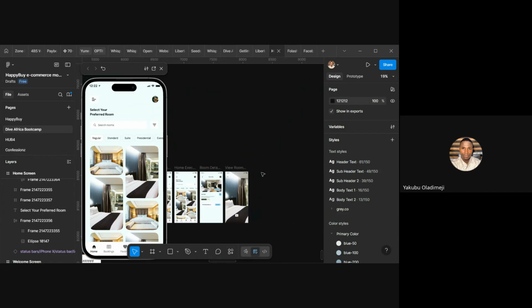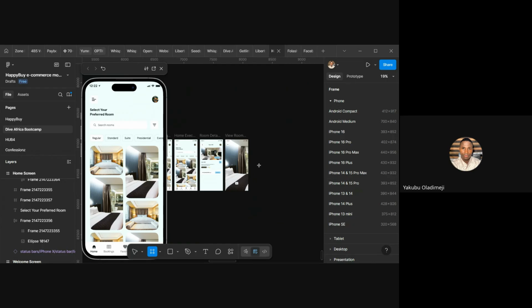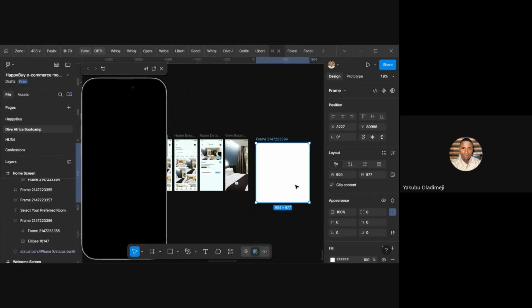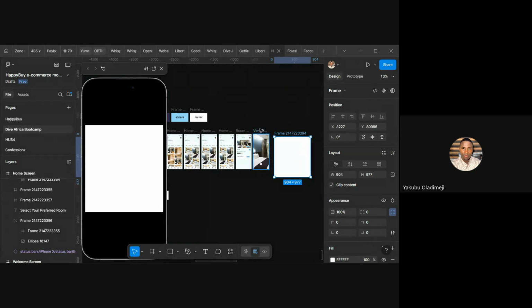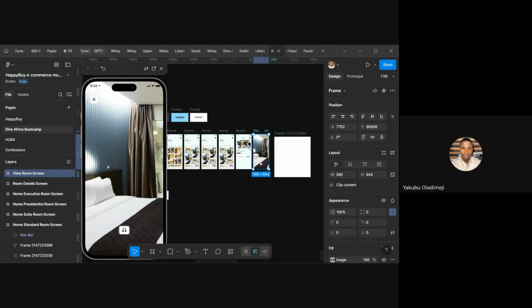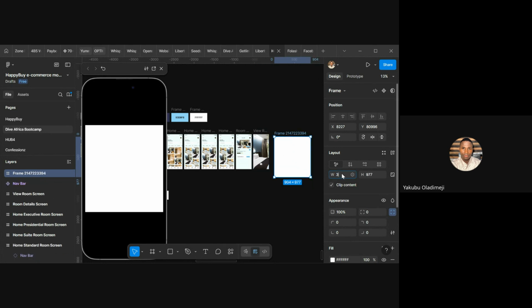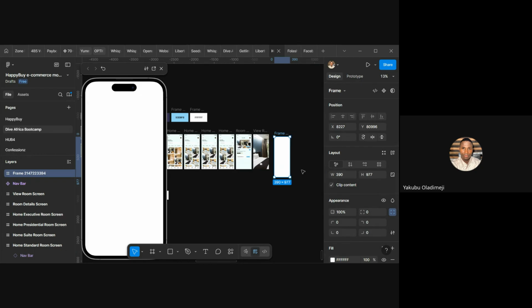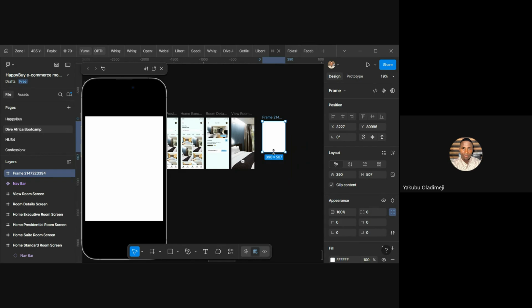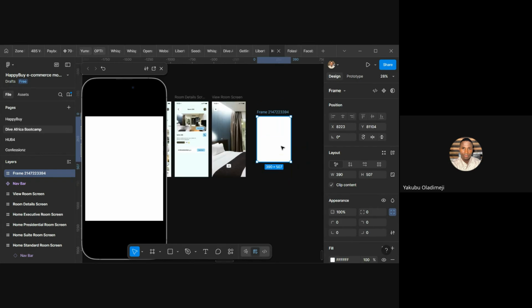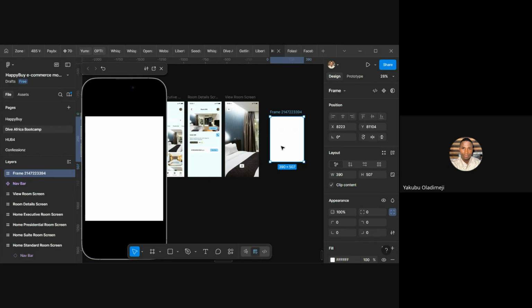All right, so let's design the overlay. For the overlay, all we need to do is create a frame. You draw out a frame. Make sure it has the same width as your frame size, which is 390. The height differs depending on your content. So for our overlay,